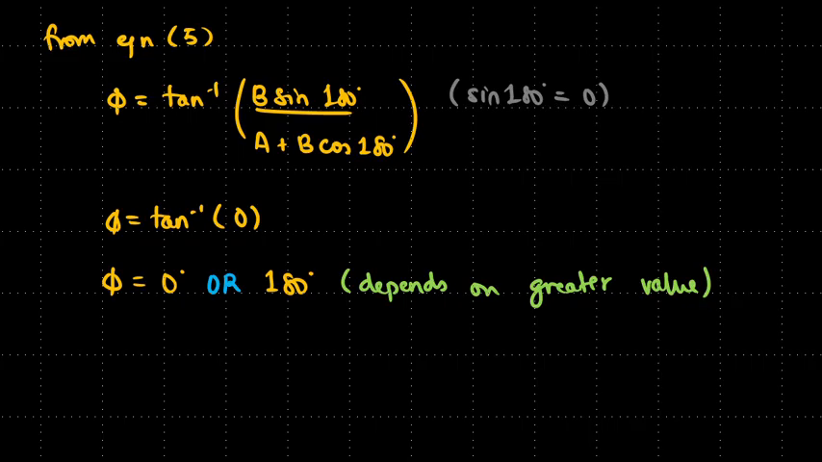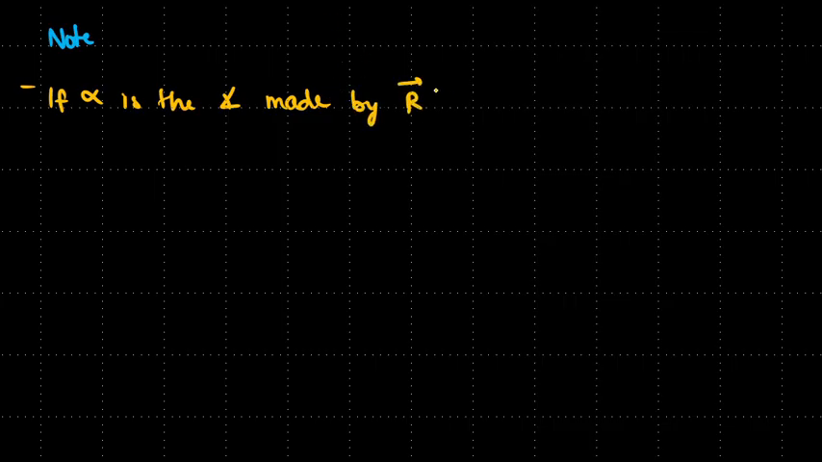Till now, we only talked about the angle made by the resultant with vector A. But who says you only need to make it with vector A? So let's take a look at a note. So you might have a question, what will be the formula when you make it with vector B? Let's just see. So if alpha is the angle made by vector R with vector B, then